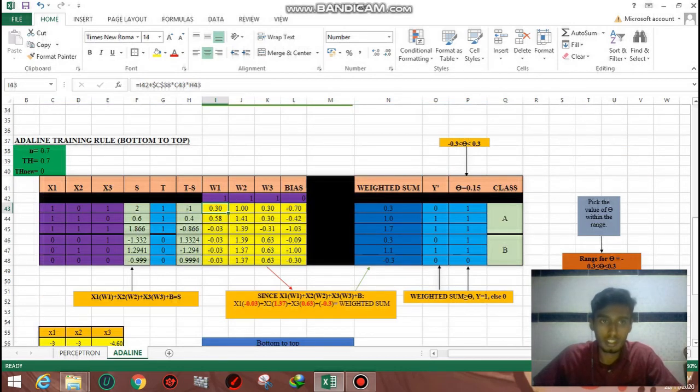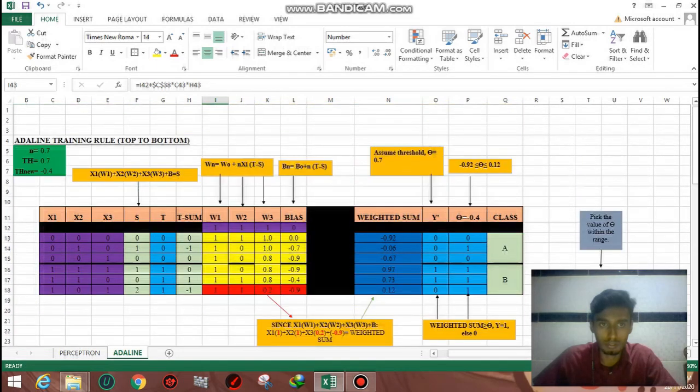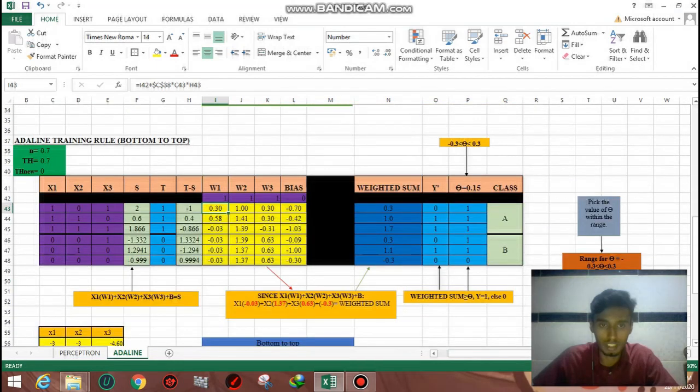For the ADALINE training rule, bottom to top, there's a small change in the target, where for class A the target is set to 1, and for class B the target is set to 0. The x1, x2, x3 will still remain the same, and first we need to find w1, w2, and w3. We use the same method as above for top to bottom, the formula, and we apply it here. After that,